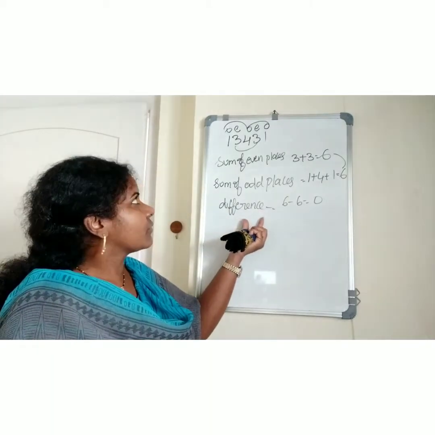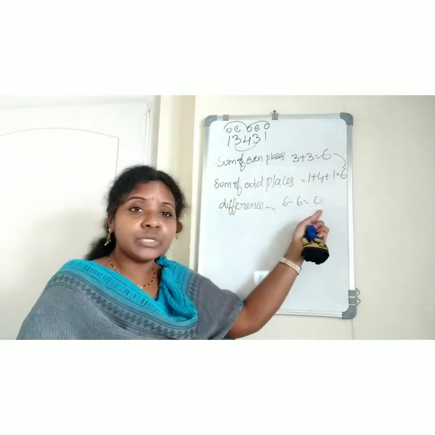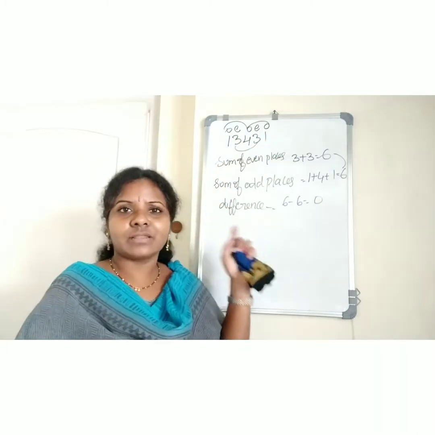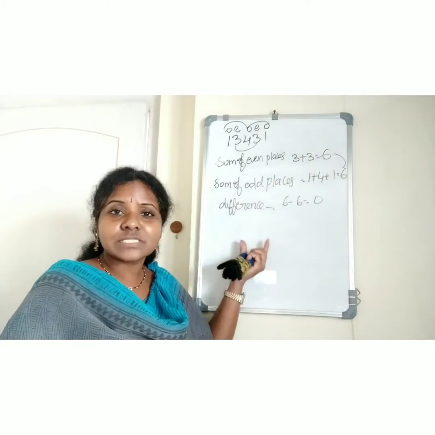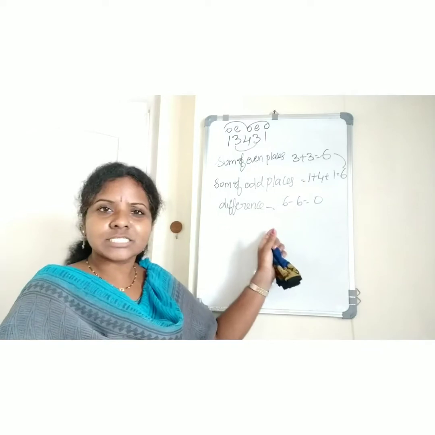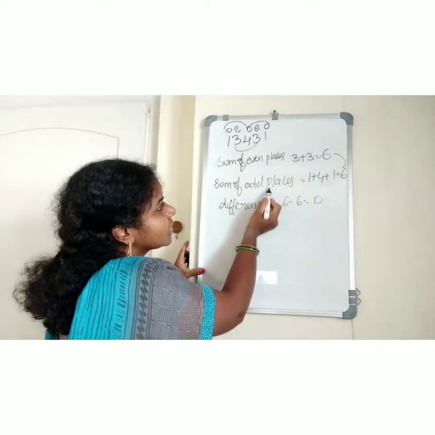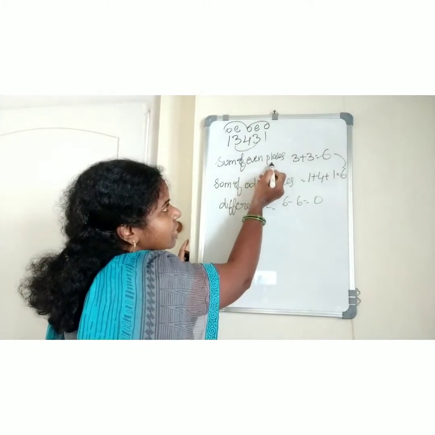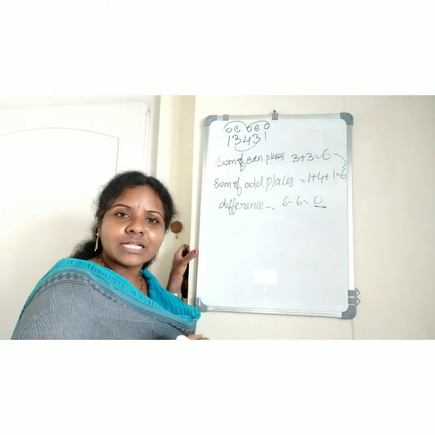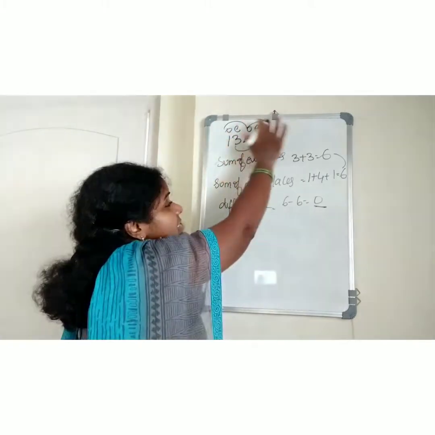Now I am saying the rule for 11, see. The difference between the sum of even places and odd places is either 0 or divisible by 11, then the given number is divisible by 11. Sometimes they will ask in exams to write the divisibility rule of 11. Nothing is difficult here. Down to up you just have to see. The difference between the sum of odd places and the sum of even places is either 0 or a multiple of 11, that means 11, 22, 33, 44 like that, which means that number is divisible by 11.